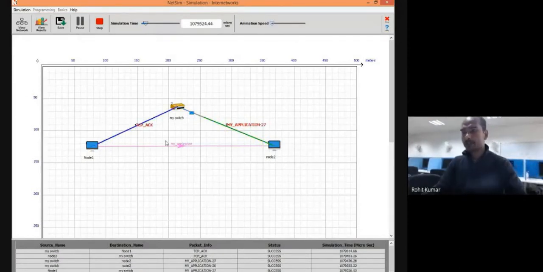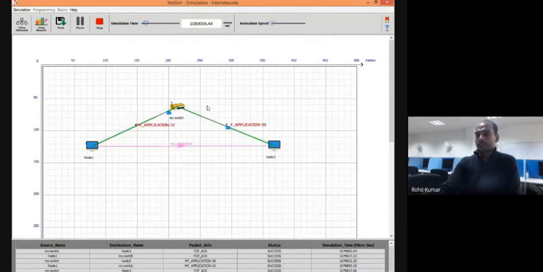Okay, so I think you have observed this thing, that it is just simply sending the application packet, and then again the appropriate acknowledgement is coming back. Application packet 30, then its acknowledgement coming back, then application packet 31. Similar way.